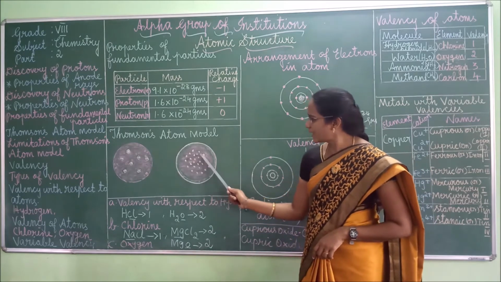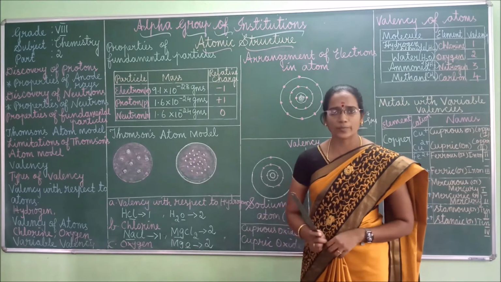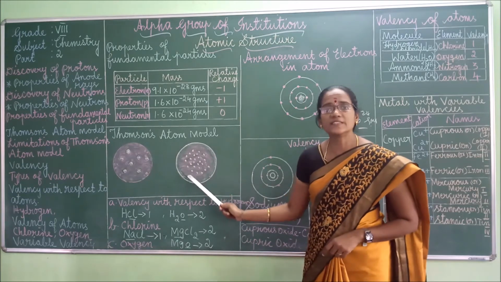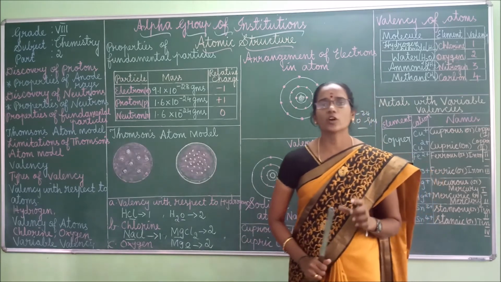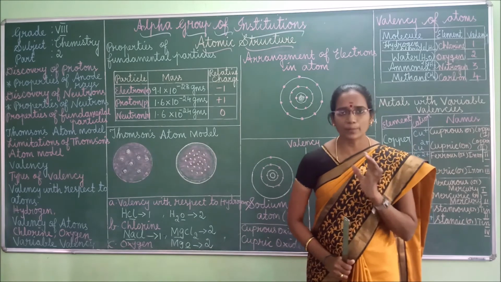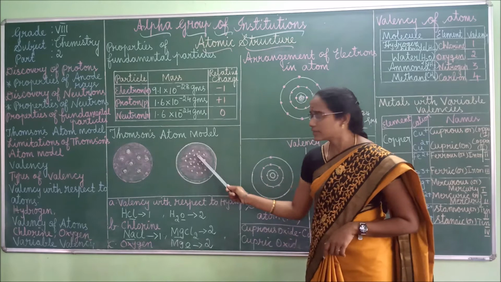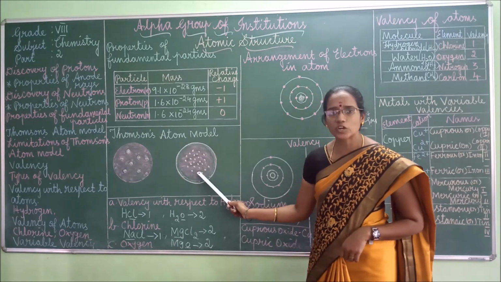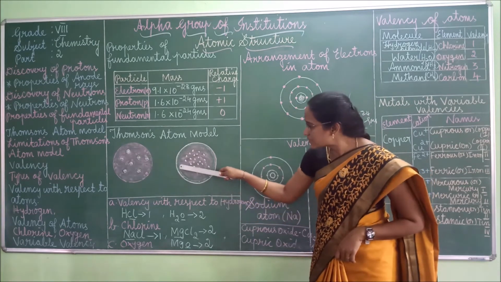Here, the electrons were embedded. It represents the seeds of the watermelon, whereas the red mass of the watermelon represents the distribution of positive charge. Got it, children? Thomson's atomic model is compared with the watermelon or plum pudding model. Here these are nothing but the electrons. The embedded electrons resemble the seeds of the watermelon, whereas this red mass